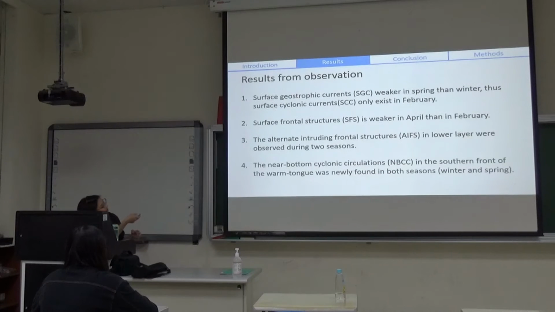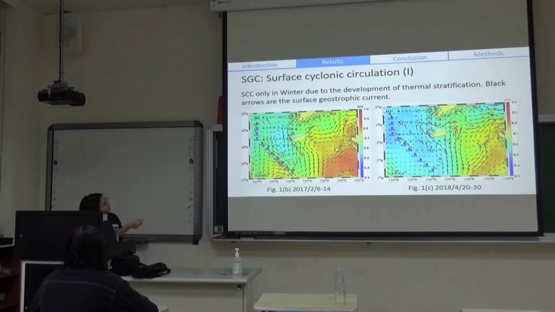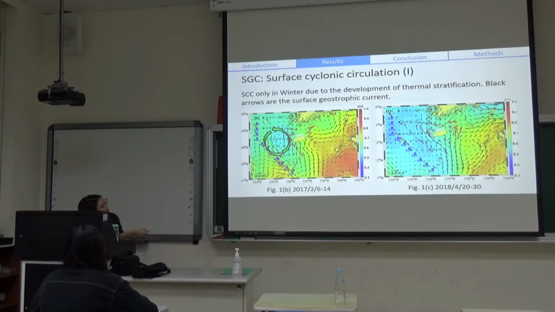So there is a full discussion of the results, and first of all we will talk about how the surface geostrophic current is weaker in spring than in winter. Thus the surface cyclonic currents only exist in February. This is a figure that shows the maps of the geostrophic current. The black arrow is the geostrophic current, and you can see there is a circulation here and here, but you cannot see it